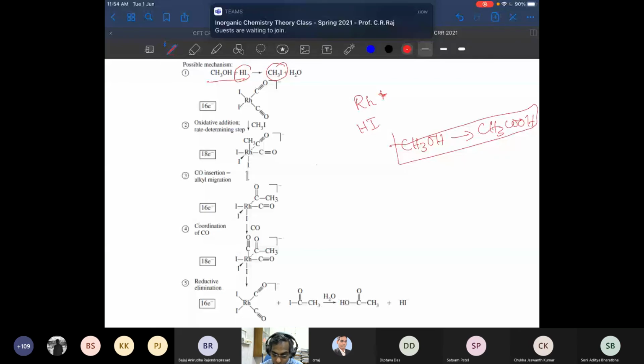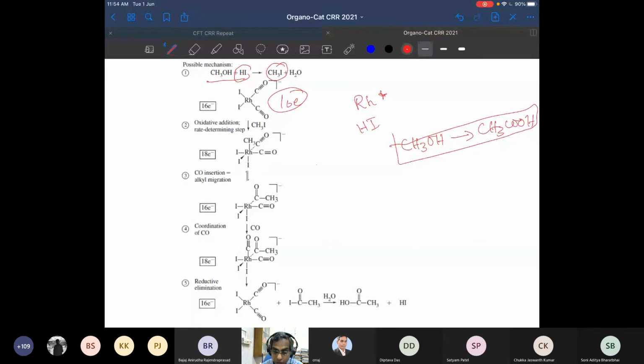Okay. And then what we have is a 16 electron complex. Now, a methyl iodide comes in here. This is a catalyst, 16 electron complex. The oxidative addition takes place here. What is getting added? Your CH3 and I. So the methyl iodide is oxidatively added. This is the RDS. Okay, you will not study the kinetics part. Oxidation. Now,